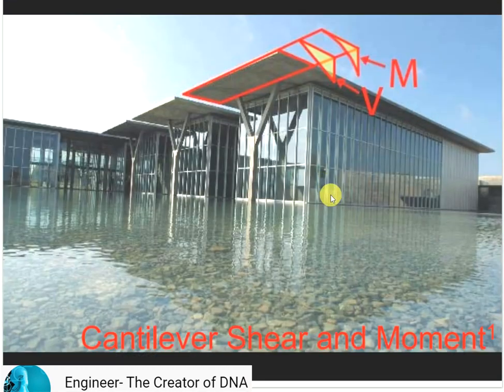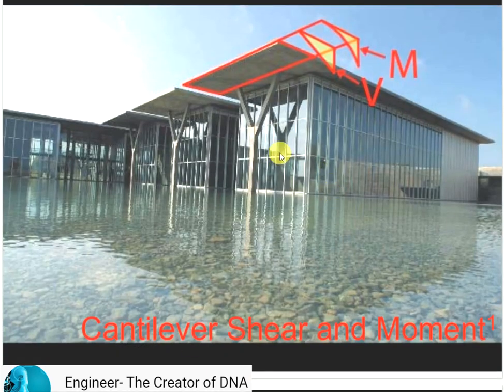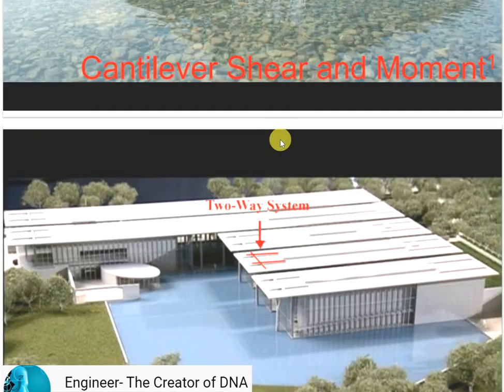Now you can see the cantilever shear and the moment. Of course, here is the two Y-shaped, V-shaped element. So actually it will act as a total element. It will act as a total cantilever, and the moment and shear force diagram will be like this. The total moment and parabola will be like this. So we have to take care of everything perfectly.